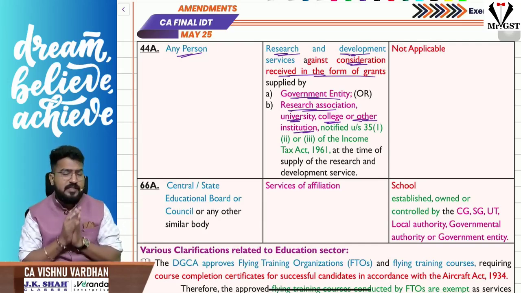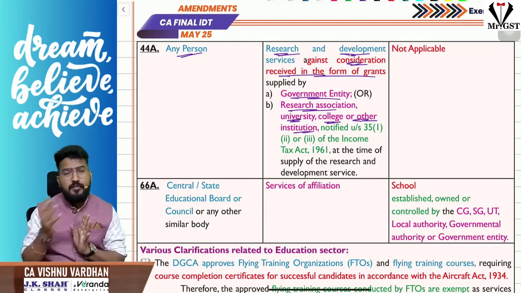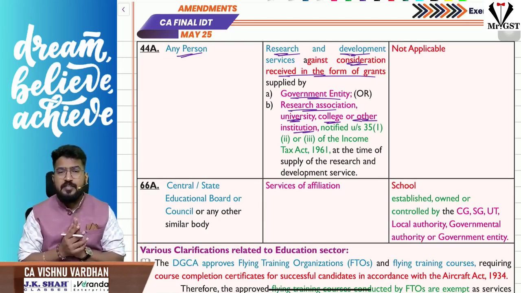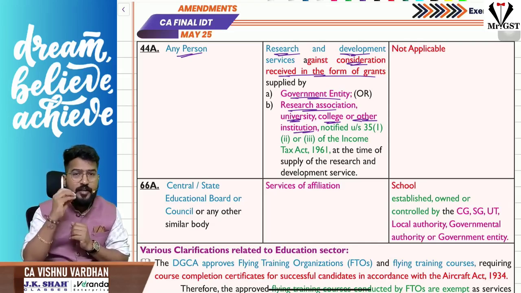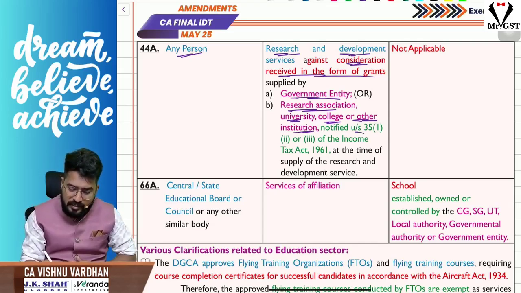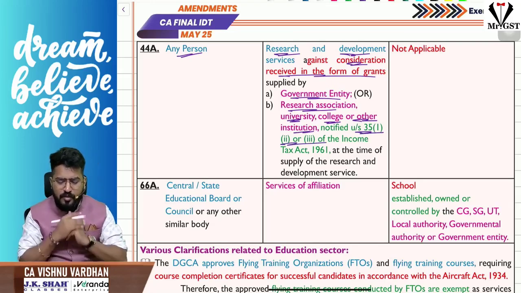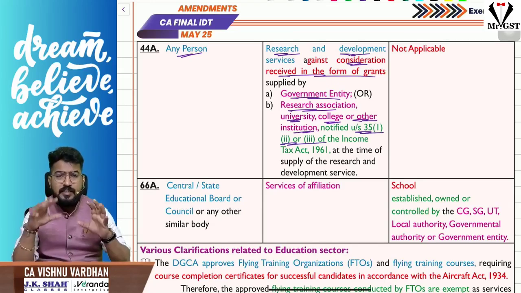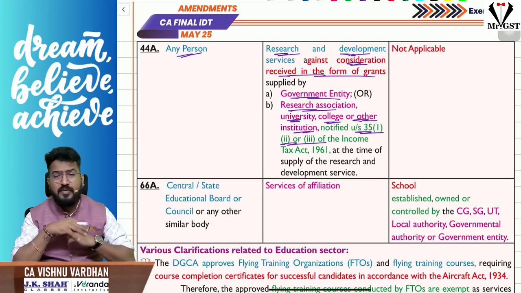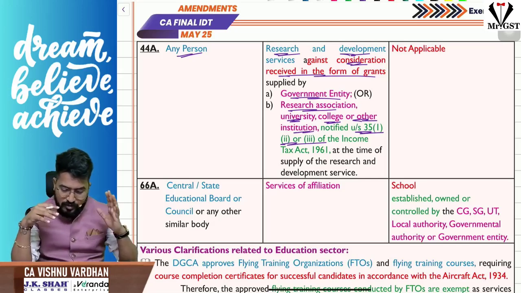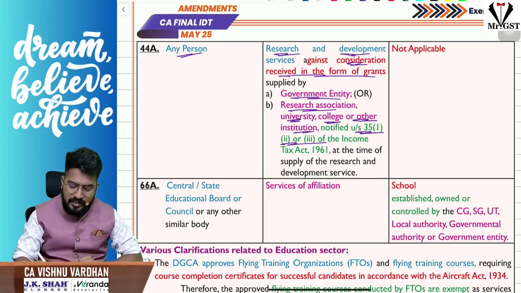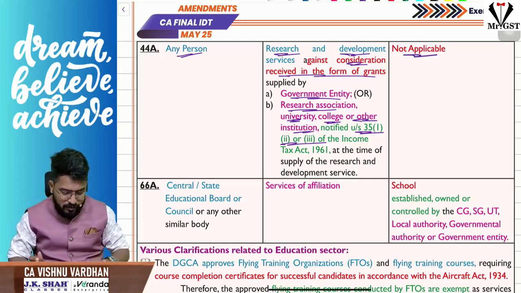So you are doing research and development for what? For the purpose of research and development, the government entity or any universities or colleges are providing you grants which are notified under section 35 subsection 1 clause 2 and 3 of the Income Tax Act. Sir, the consideration is paid in the form of grants, that is exempt under GST because you are doing research and development. So that is the case. Here the recipient is technically not applicable, that situation will not come. Next,